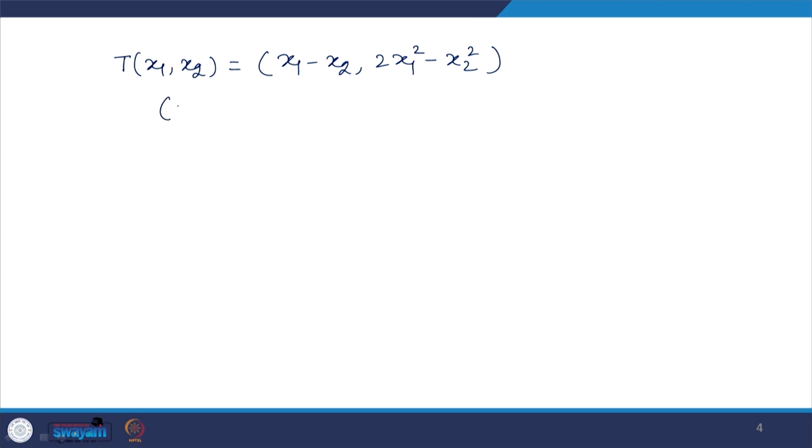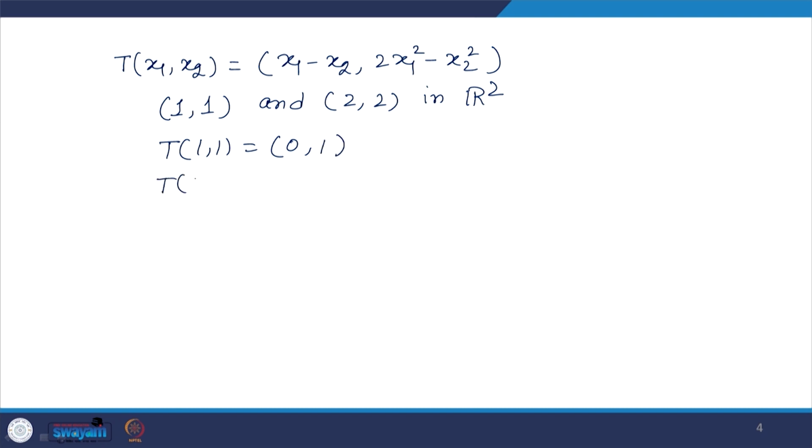Take two vectors, let us say 1 1 and 2 2 in R2. T of 1 1 goes to 0 1, T of 2 2 goes to 0 4,